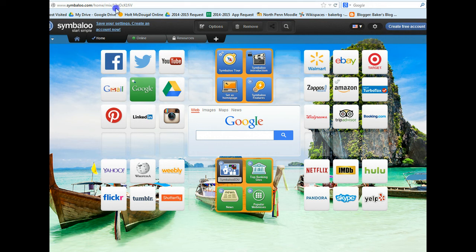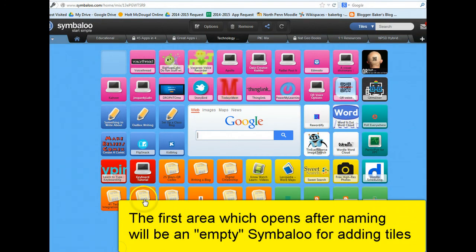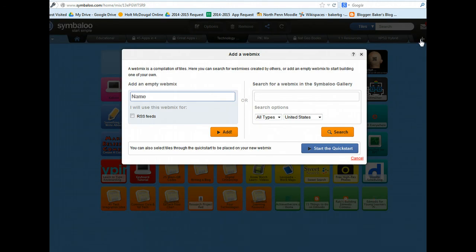When you first get to your account, it's going to look something like this. It's going to say you're going to add a Webmix now. And a Webmix is simply the collection of internet sites that you have compiled. You can compile those for your own personal use or for student use. Right now I'm going to create one just for our video today, and I'm going to call it